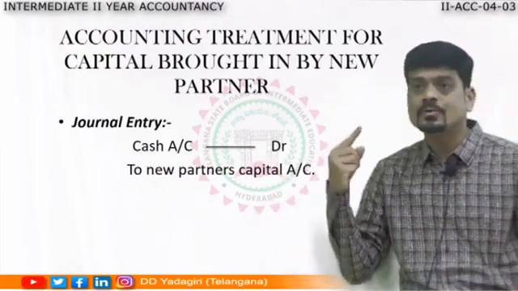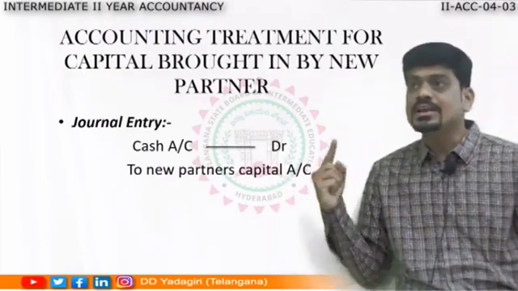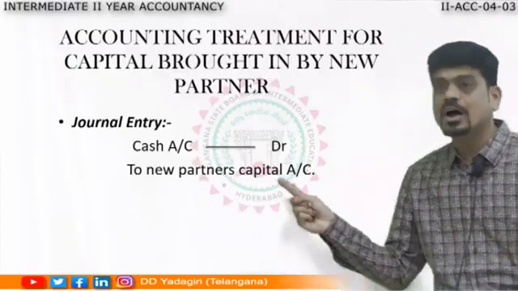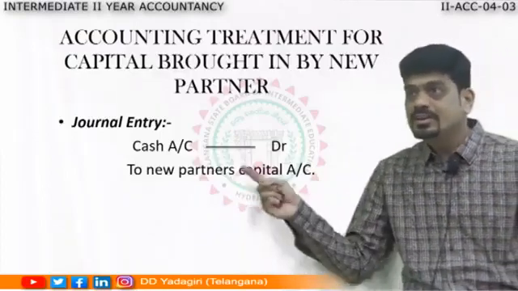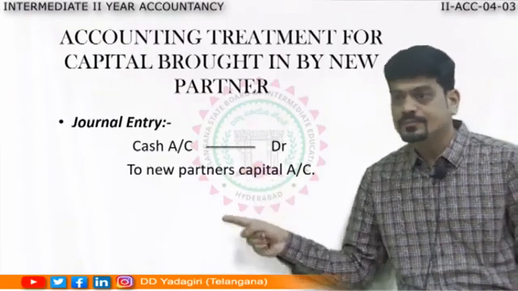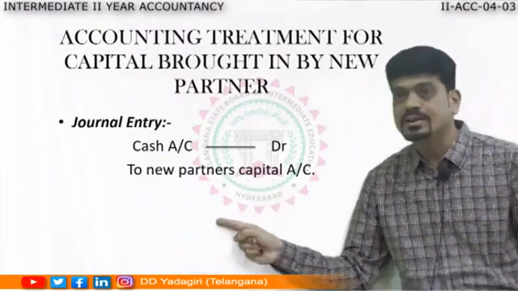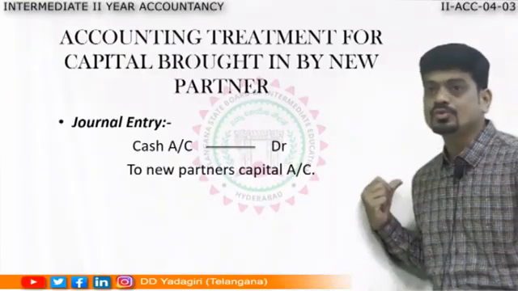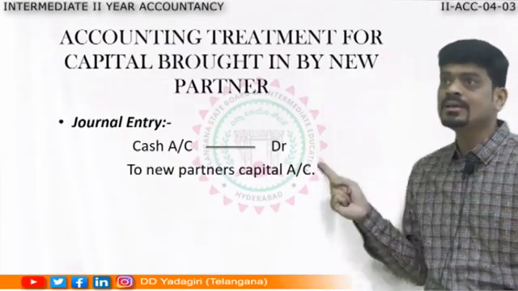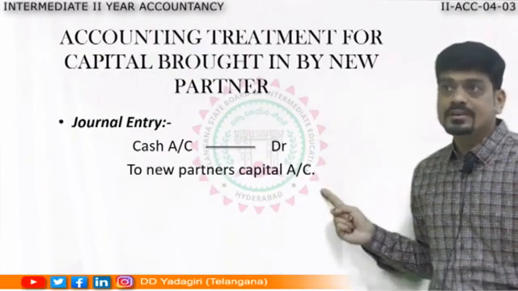So immediately in your mind, you should make an entry. And entry will be what? Cash account debit to Raju's capital account. Then effect. Cash account debit side, we'll write to Raju's capital. Then we'll go to partners' capital account, by cash in Raju's column. Again, this is the first treatment.